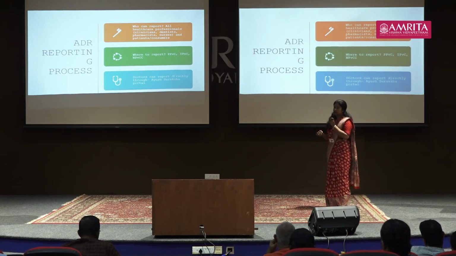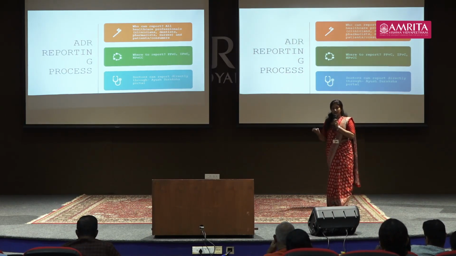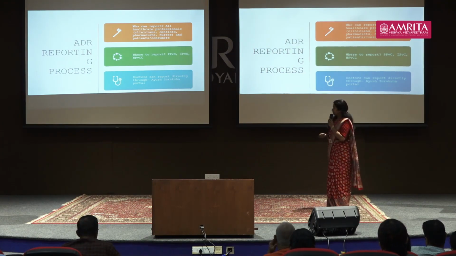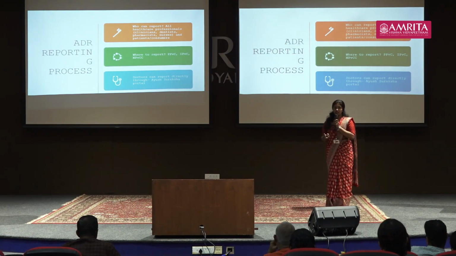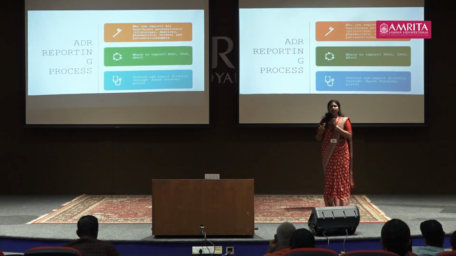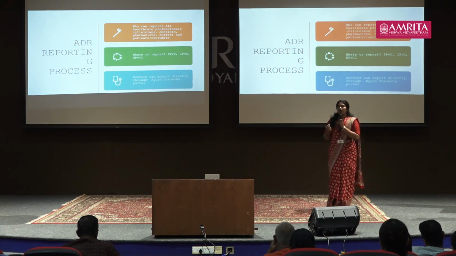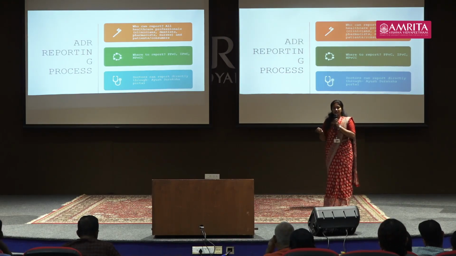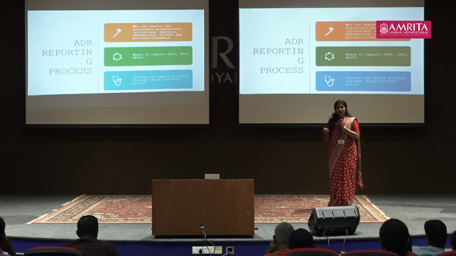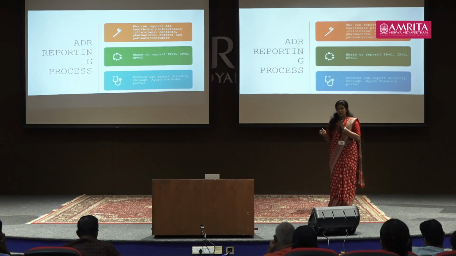If a doctor is getting an adverse drug reaction, he can directly contact the peripheral pharmacovigilance center nearest to his area, and he can report the reaction. And from that peripheral pharmacovigilance center, the data is collected and passed to the intermediary pharmacovigilance center. And from the intermediary, it is passed over to the National Pharmacovigilance Center. And from there, the risk-benefit analysis of that particular drug is done, and the subsequent decisions are made at the National Pharmacovigilance Center.